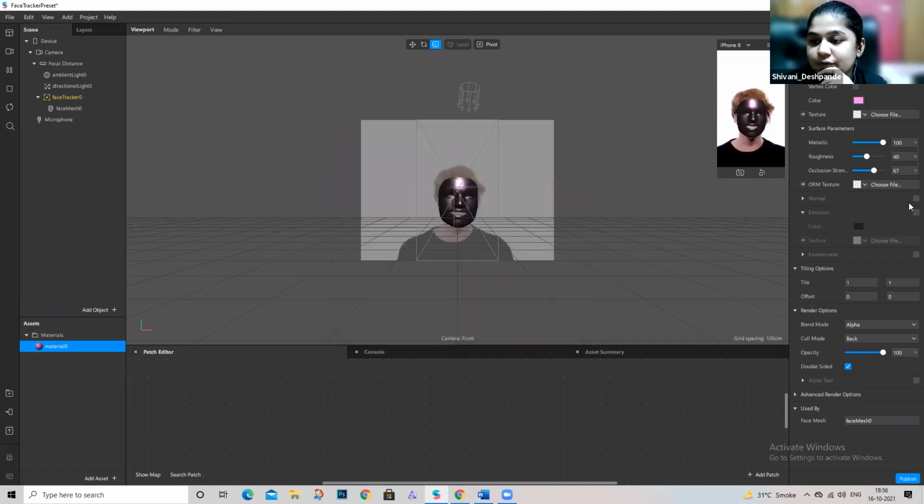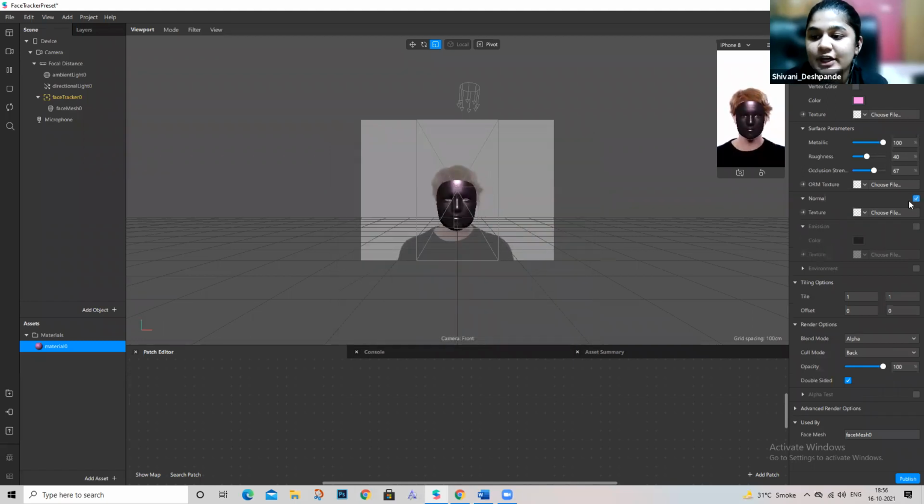And then we have an option of normal over here. So when you check it, you can add normal textures over here. So like if you want to have something of,